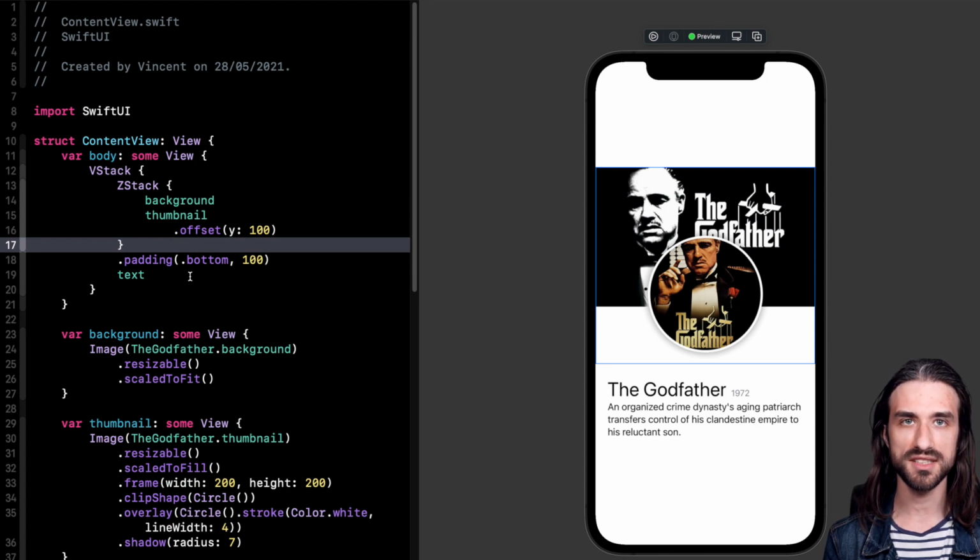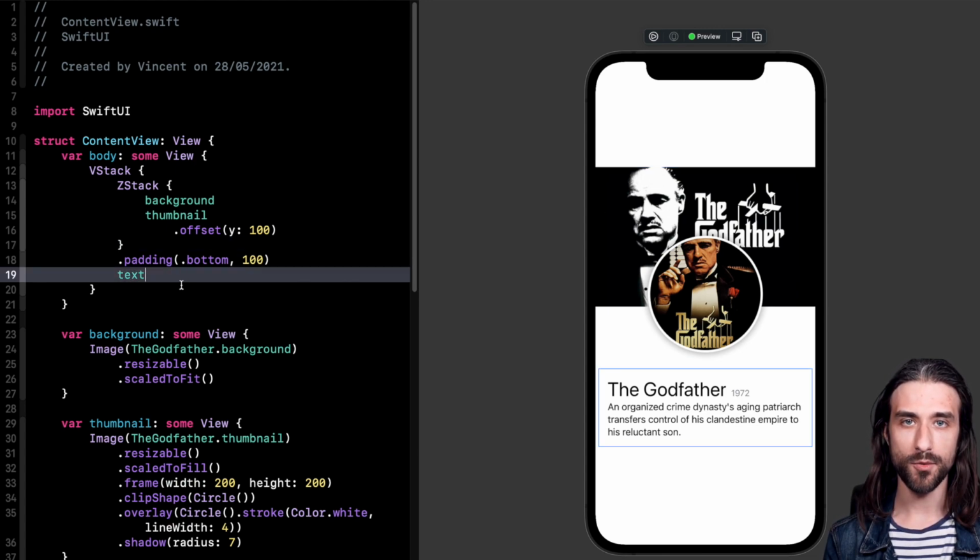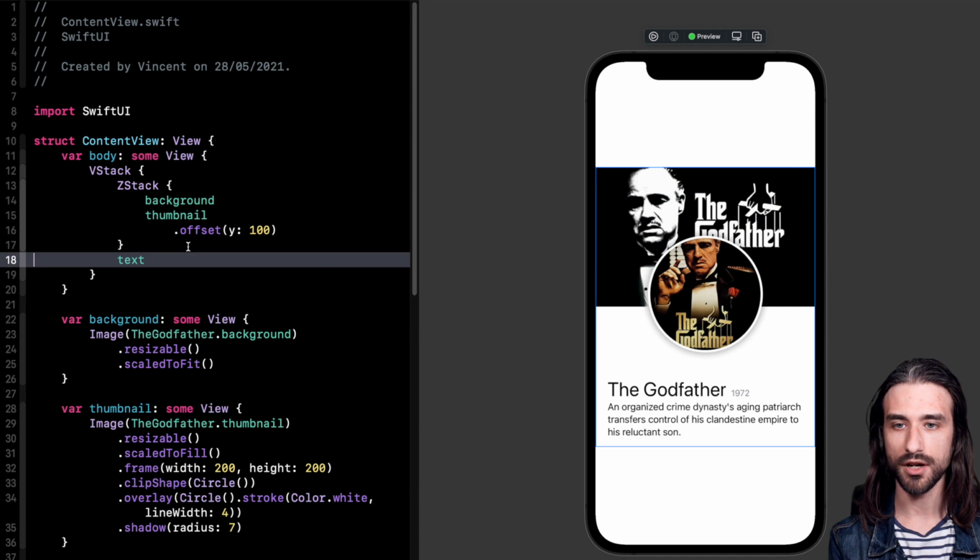This way, as we can see, this time it works much better. And what's the most important is that this time we don't have to apply any modifier to our text in order for it to be displayed correctly. So this is a pretty good solution to build this view. But as it turns out, it's even possible to go simpler and to completely get rid of the ZStack. So I'm going to get rid of all of this code.